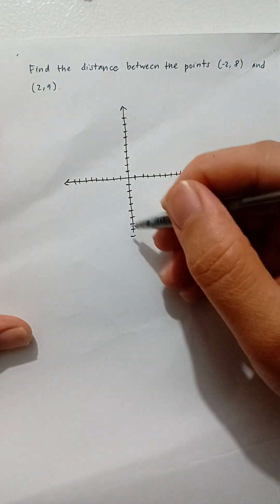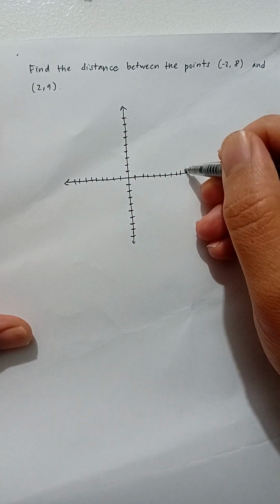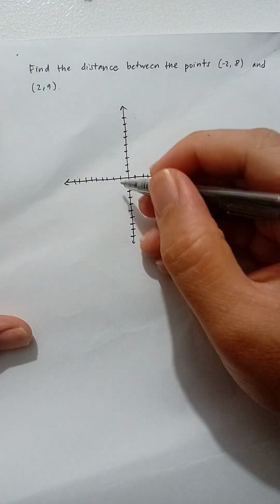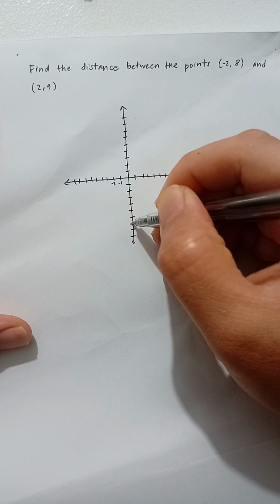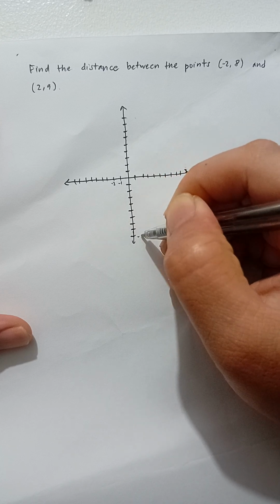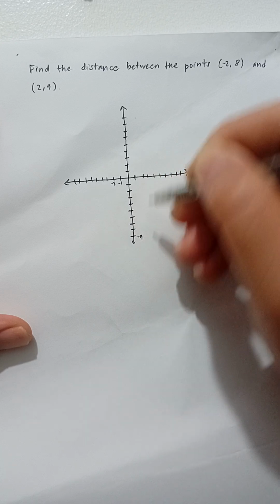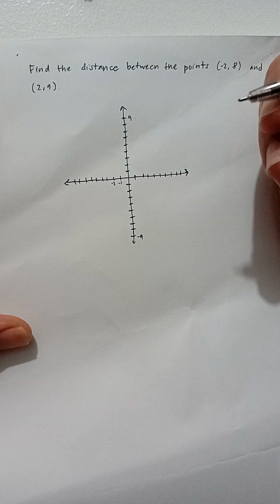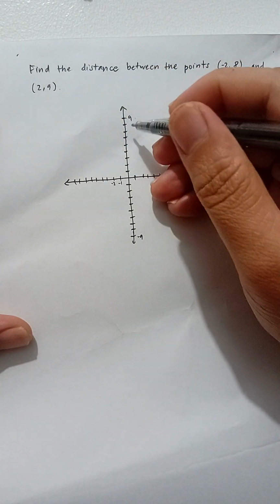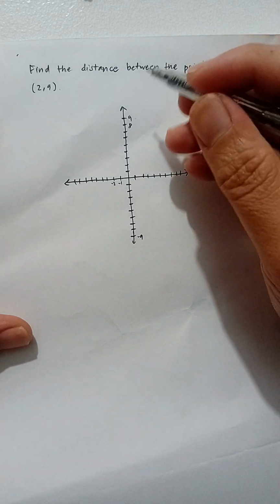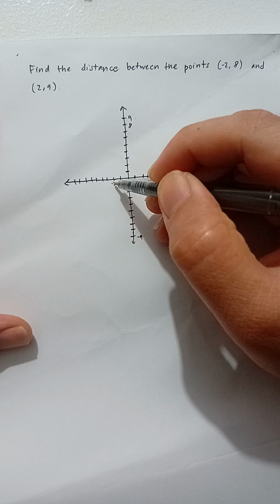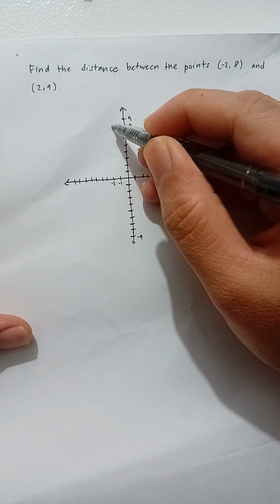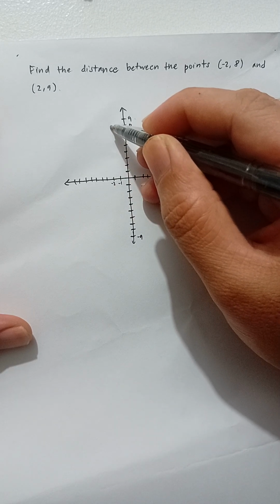Okay, so to plot the point (-2, 8). So this is -1, -2, 1, 2, 3, 4, 5, 6, 7, 8, 9. This is -9, this is +9. This is +8. So to plot (-2, 8), you have to start with -2 and you go up 8 units above. And that is